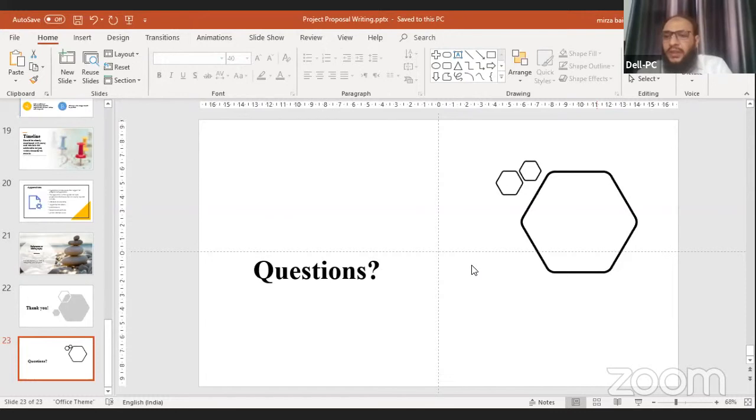So these three parts: the hypothesis, how to validate your hypothesis, putting objectives in a very beautiful way and arranging these objectives, and how these objectives are going to be attained by sophisticated experiments or less sophisticated experiments or with computational experiments.